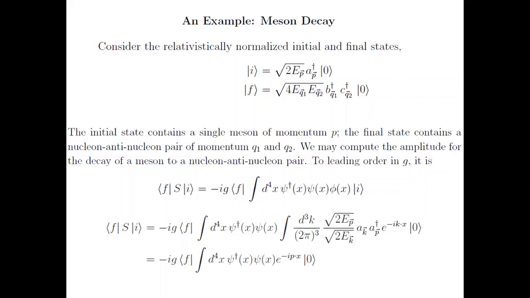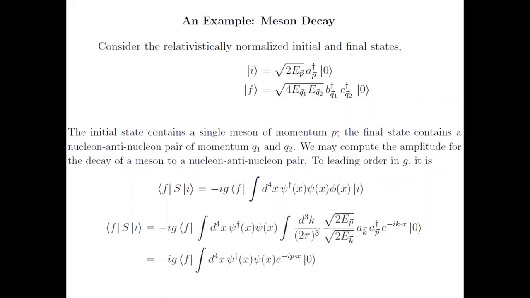Now, you might see there is a G factor coming here. This G is basically nothing but the coupling. It is the coupling factor of the interaction. When a meson decays into a nucleon and an antinucleon pair of momentum Q1 and Q2, that interaction coupling term has a strength which is given by G. Now we are looking at the lowest order of Feynman diagrams, only at the tree level. So this has only G, not G squared or G cubed.